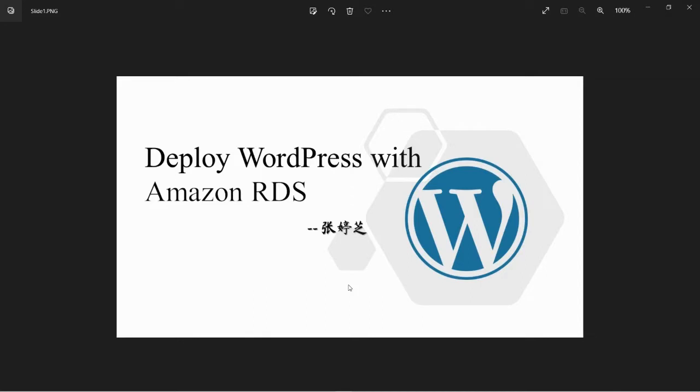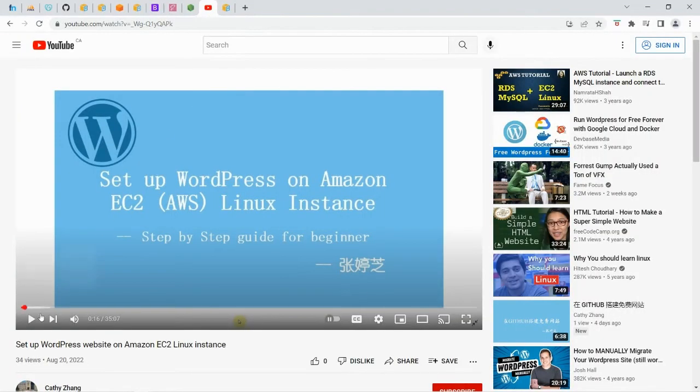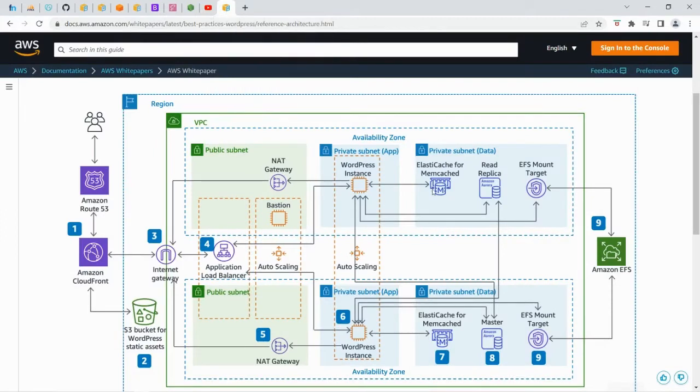Today's tutorial is how to deploy WordPress websites with Amazon RDS. In my last video, I set up WordPress websites on an Amazon EC2 Linux instance. I only set up one instance, and on this same instance, I have the WordPress application running and also host the